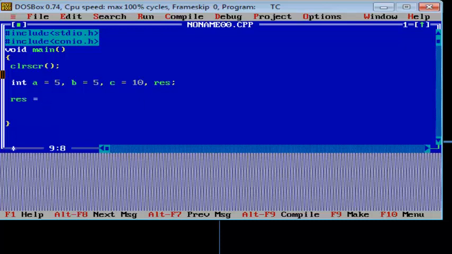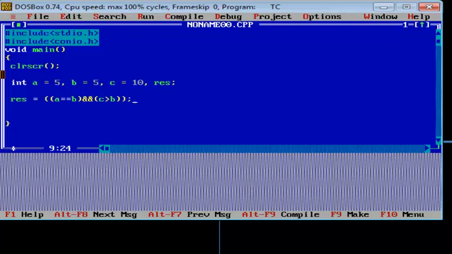Here the condition I am going to give is a equal to b, and the right side condition is c greater than b. To avoid confusion, let me group the right side values. Open the bracket and at last close the bracket, end with the semicolon.